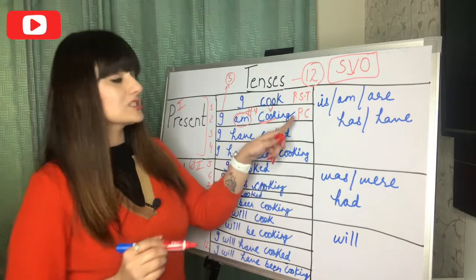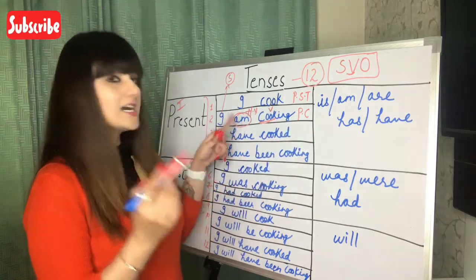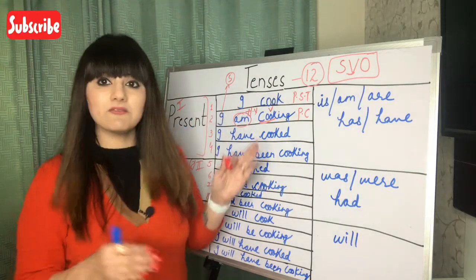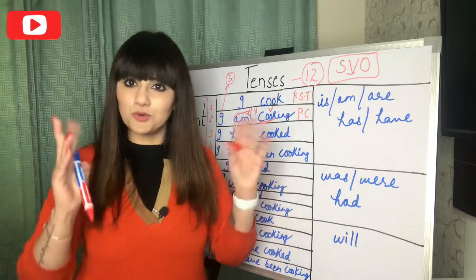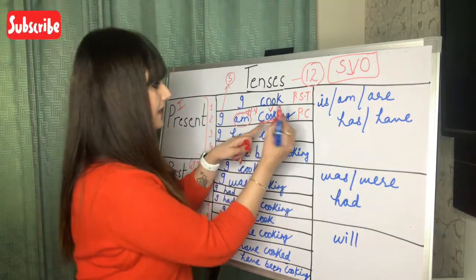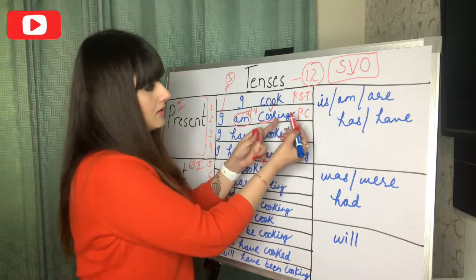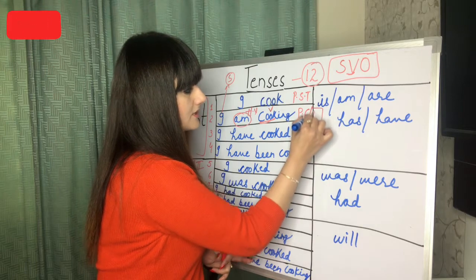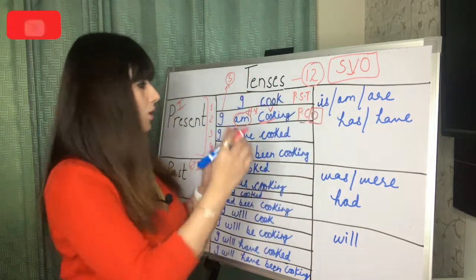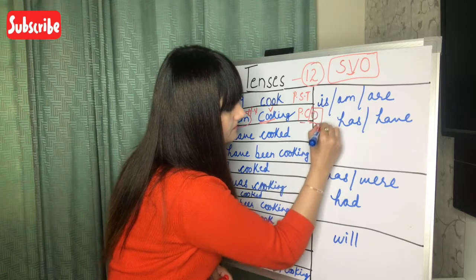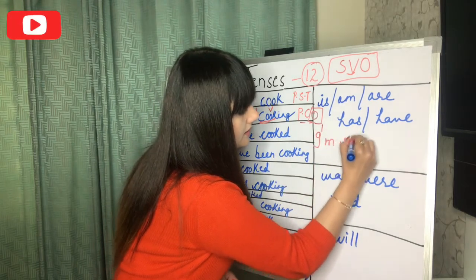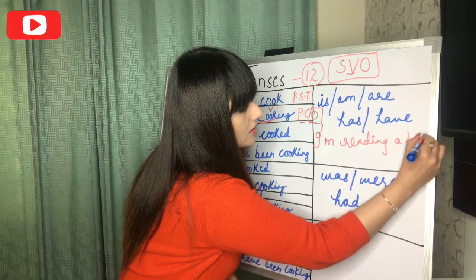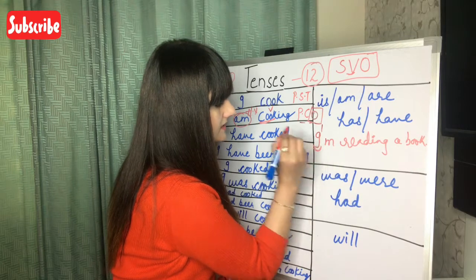But when talking about something continuous, here I need a helping verb, which helps my subject. Helping verb, or you could say auxiliary verb. Both are the same thing. And then it's going to be, okay, I am cooking, you could say in the kitchen. So that's going to be your object, the rest part. Or you could say, I am reading a book. So this is my subject.